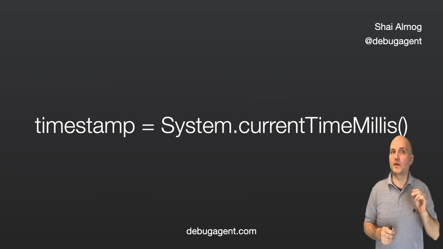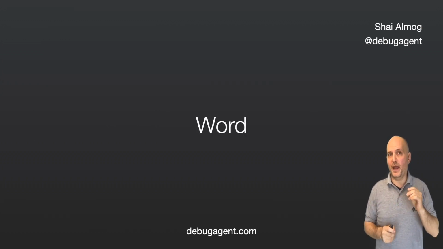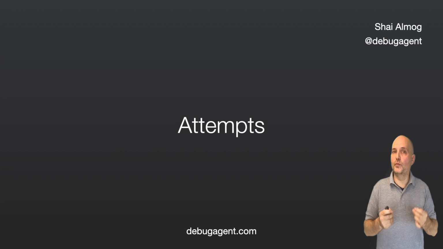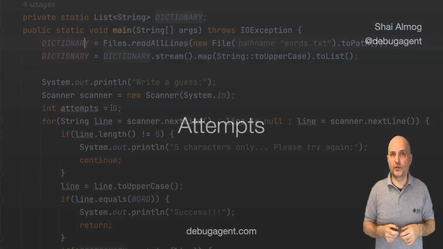Notice that time is a complex subject as it varies based on location and season. Daylight saving is a source of numerous bugs. Next, we need to know the actual word of the day. Since this would change every day, we need to write that down in the file we save. We need to know the attempts that were made at guessing the word too. That way we can show the current state of the guesses when rerunning the app. We can also produce interesting statistics and insights. Let's go into the code and see how we can write and read all of this.